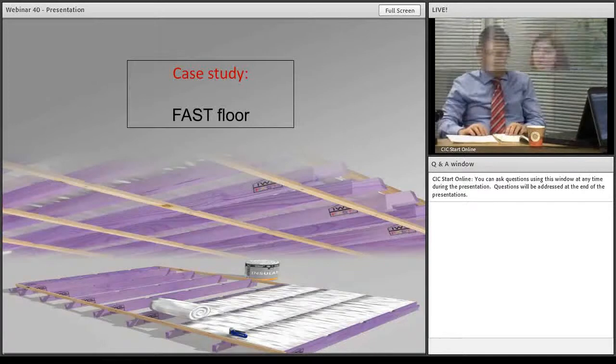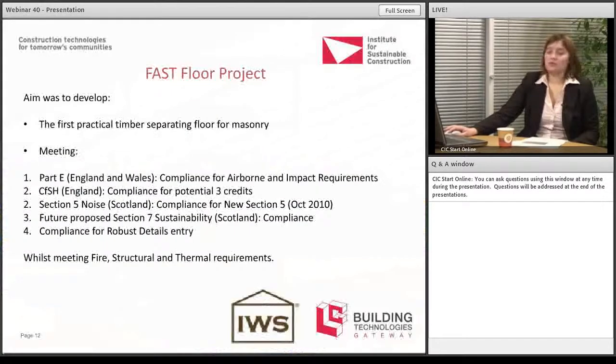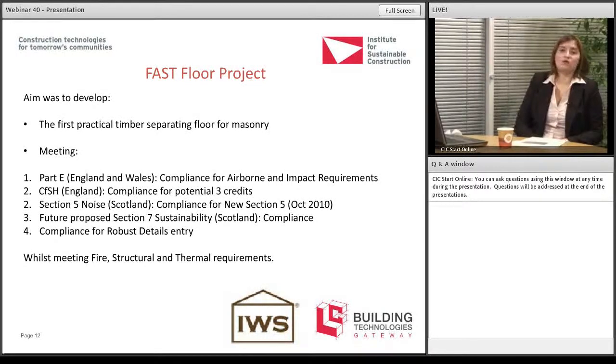Okay, now it's time to show you a little bit of how the project worked and what results we achieved when we supported the Fast Floor project. So let's start from the beginning when we met with our IWS company to discuss this Fast Floor project. We had the aim set by both sides, LCBTG Gateway and the company, to develop the first practical timber floor